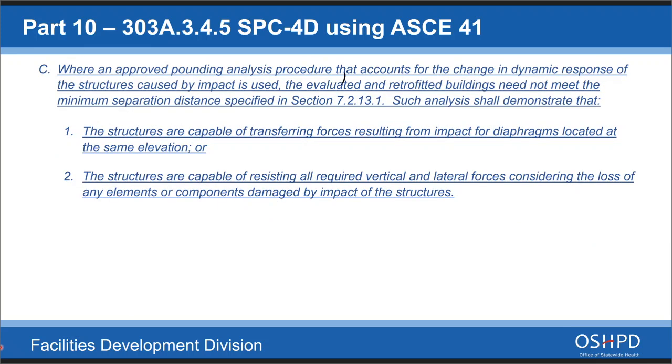So we said that if you cannot meet your separation distance, then there's a third path. Then you will do a pounding analysis. So we started with, when is your pounding analysis not required? And then I said, these are the exceptions from that. And then if you do not meet those criteria, you fall into the criteria that your building is less than half as tall, or your floors do not line up, then you have to do a pounding analysis.